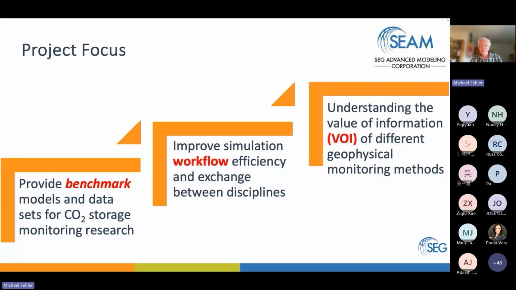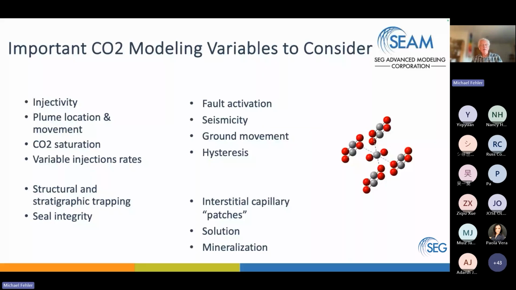information of different scenarios. When we do modeling, there are a lot of variables to consider, and they're listed here. One of the ones that was most adamantly asked for in the most recent set of simulations we're looking at is hysteresis. When you produce a reservoir, you reduce porosity and permeability, and you don't have recovery of that porosity and permeability when you re-inject. So hysteresis is an important issue, but there are a lot of other issues that are listed here that are important to consider when we do the kind of simulation we're looking at, multidisciplinary simulation.